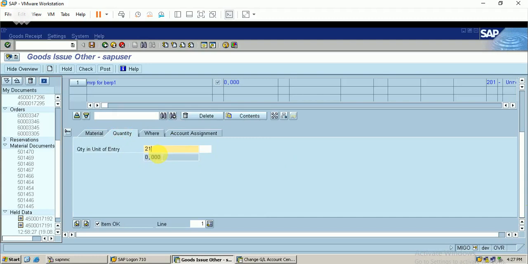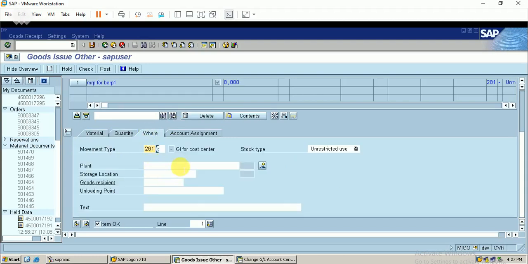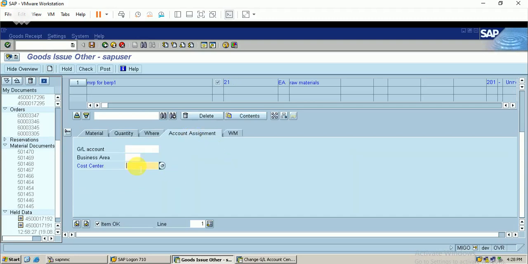So I will issue 21 quantity. Okay, just enter. So I just link my cost center. This is my cost center.